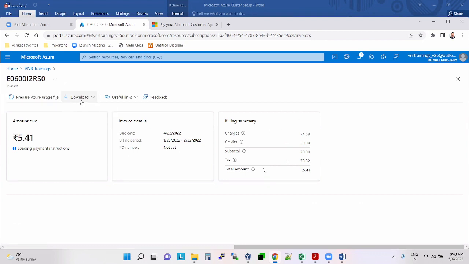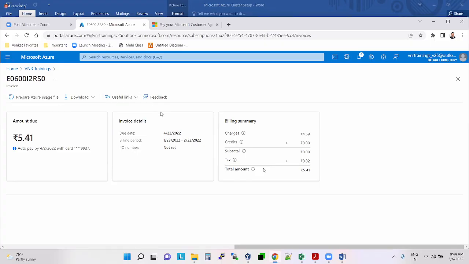Pay. Usually in the subscription page, the option is enabled, but looks like nowadays banks change some rules, right? Maybe I need to check my credit card.